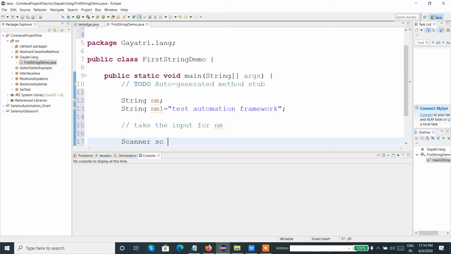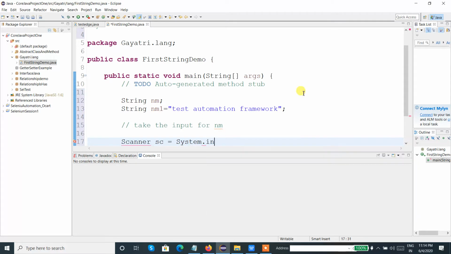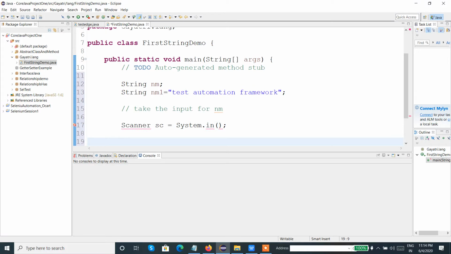By creating a Scanner class object. I created the Scanner class object, and usually the Scanner class will demand importing the util package.